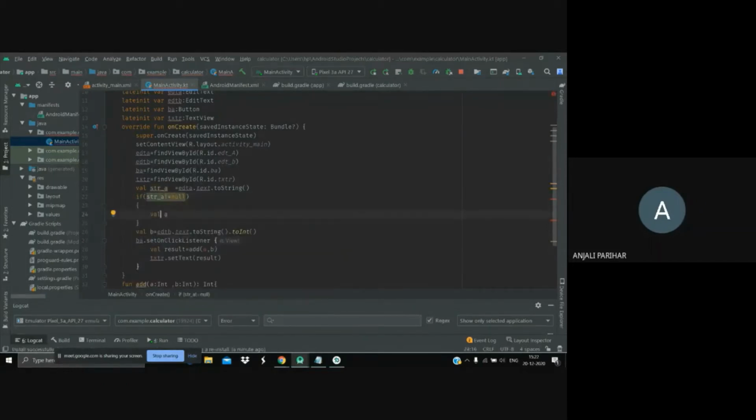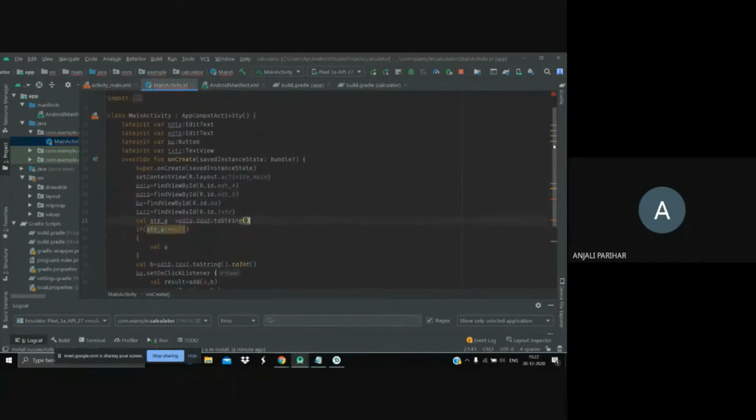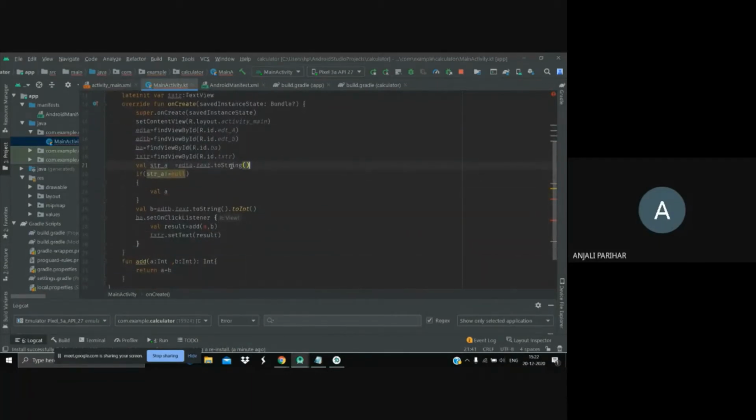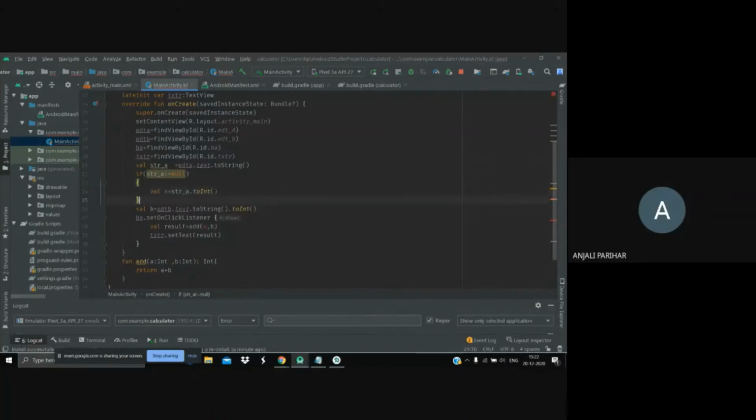Basically what I'm doing here is, since it is taking the string or text from that edit text and converting it to integer, but what if the user does not enter anything? Then that would be an empty string. In that case, you can't convert an empty string to integer. Similar is the case for b itself.